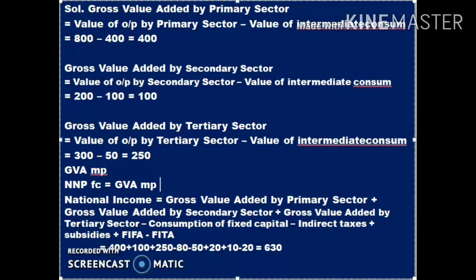So you have to first convert G to N, gross to net. So what will you do? Minus depreciation you will be doing. Here depreciation is not given in that word. Another term is given, consumption of fixed capital. Next you have to see what else we have to change. So this is value added. It is also known as GDP MP.